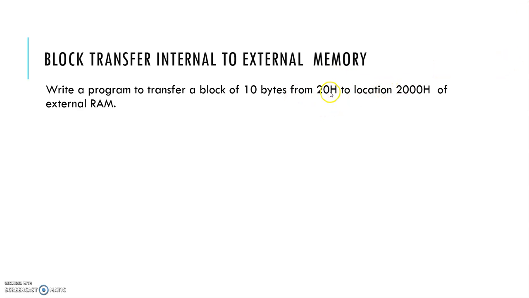Here, the internal memory holds 1 byte of data in one location, and so does the external memory. The address is 16-bit, but the location holds 8-bit data, that is, 1 byte of data is held in the 2000 hex location. Internal memory address is 8-bit and external memory address is 16-bit, but both hold